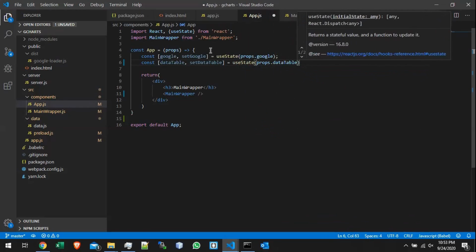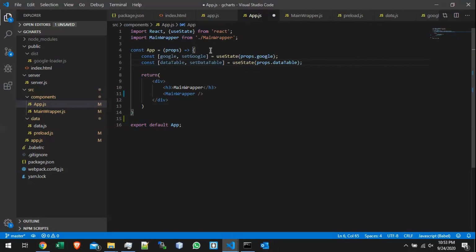And you may be asking, why are we using the useState hook here